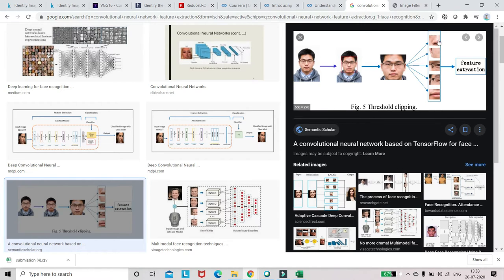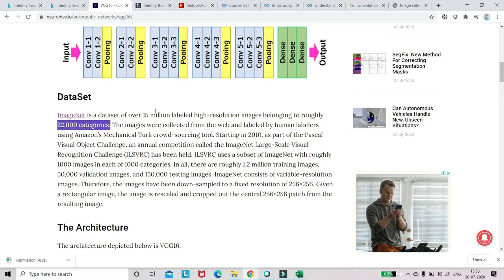One layer will identify the nose, one will identify ears, eyes, lips. This way the convolution gives the output as different extracted features; we call it feature extraction. VGG has learned hundreds and thousands of features, which is not possible for us to learn from such a small data set, around 300 images.